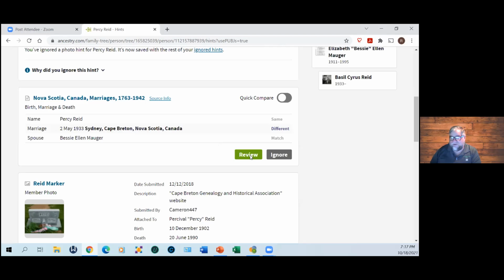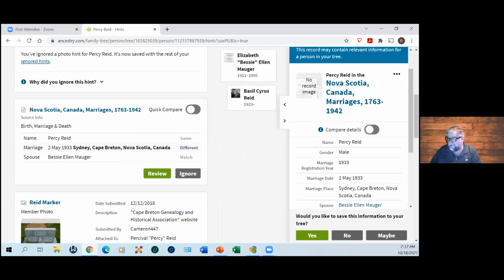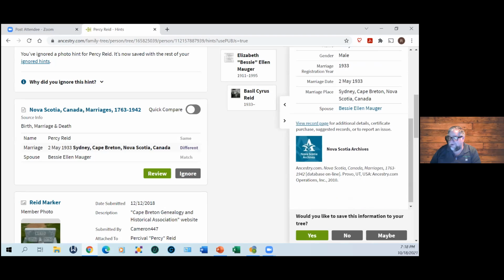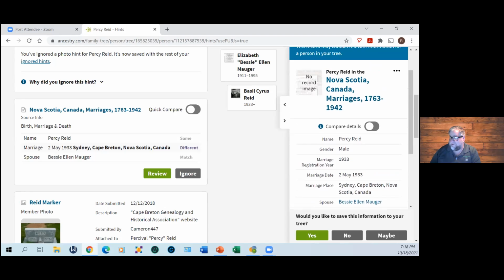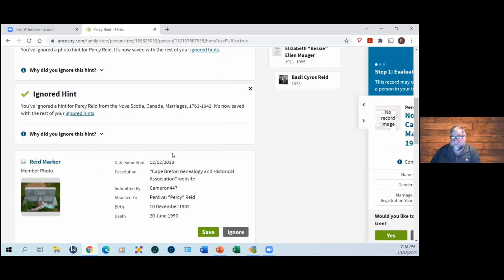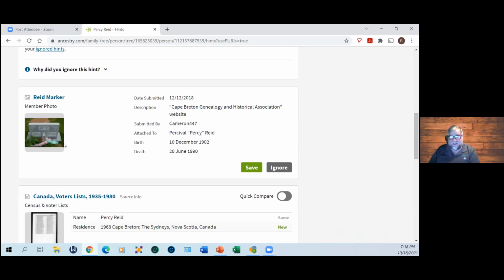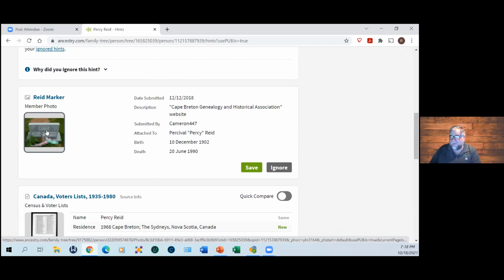Now I can review it and it'll show it to me over here. And this is the information that I have on the photo. I've already entered it into my system. So I'm going to choose to ignore it. Now, here is another photo. This is of their headstone. And